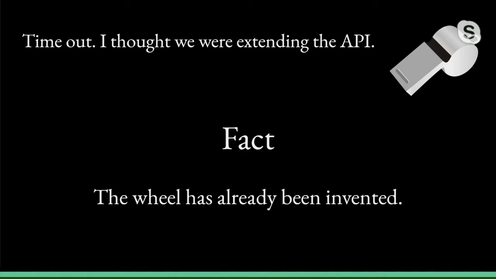But wait, you might say, aren't we talking about extending the WordPress REST API? You're just telling me about features of WordPress core. Yes, which brings us to an inescapable fact. The wheel has already been invented. If the data you need is available from one of the existing APIs, there's no need to create your own, and it would be unwise to do so. However, if the data you need is not available from the existing APIs, we'll discuss a few methods to make it available.